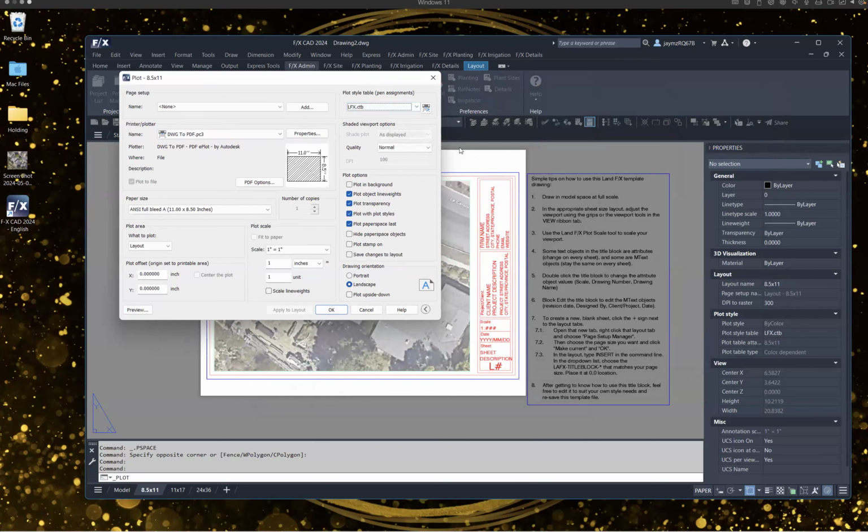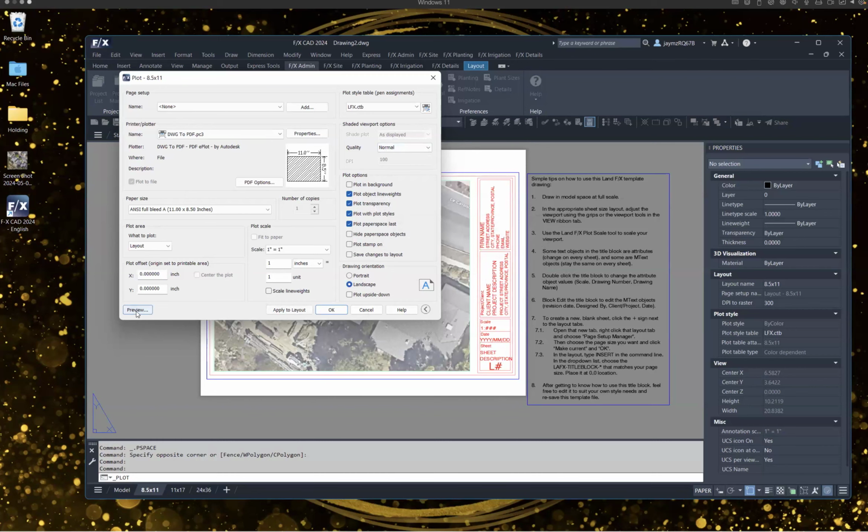So we'll show that really quick in a minute, but the last few things that you'll want to pay attention to on your plotting options, assuming you're using our defaults, is that this is a landscape, not a portrait layout. You'll want to make sure that you have that selected and matching. And then you can have these other options here that you might want to play with. For example, plot transparency is really nice to have because if you have layers that have a transparency setting, it's going to actually print the lines a little bit lighter for you. But you can probably get away with just leaving these at default.